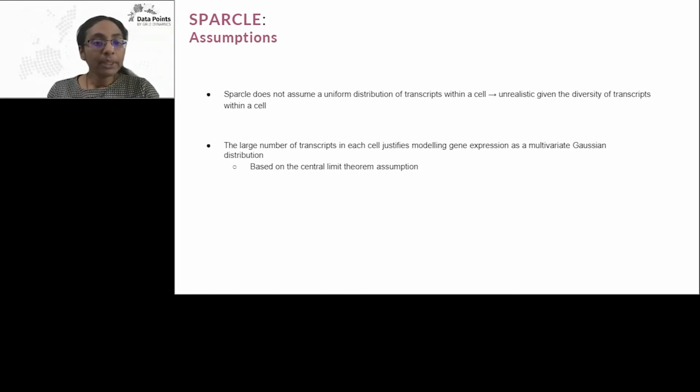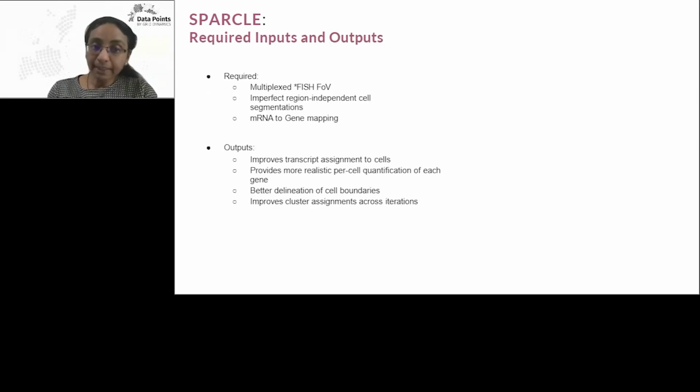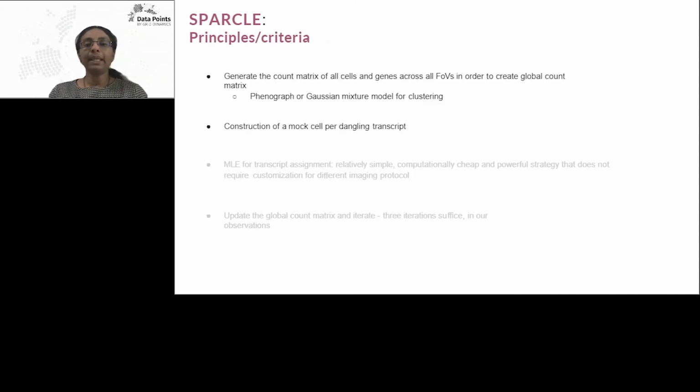What was required was multiplex FISH images. We needed to start with some sort of a prior, and that was the cell segmentation. And we needed to know which of the 140 genes belonged in this data so that the mRNAs could be mapped to it. And the outputs were improved transcript assignments to cells, a better count matrix, better delineation of the cell boundaries, and improved cluster assignments. So some of the principles here, like I said, we generate a count matrix, and we